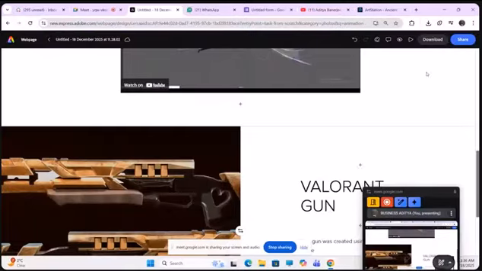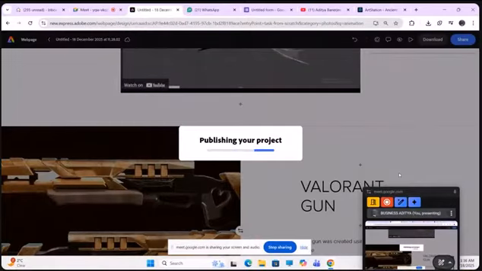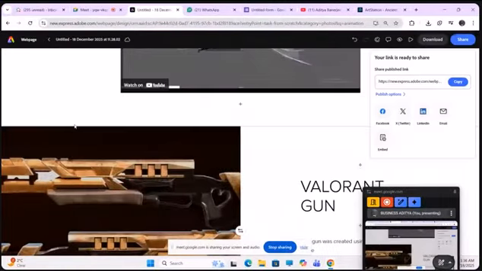Okay, so now what I'll do, I'll just click on share and then publish it. Okay, simple, just like a web page. I'll just name it Aditya Energy Portfolio, and then I'll create a password protection, or if I don't need password protection, I'll just click on create link. It will easily publish your project onto the web and then give you the link. Right. Now, if I copy this link and save it somewhere or preserve it,